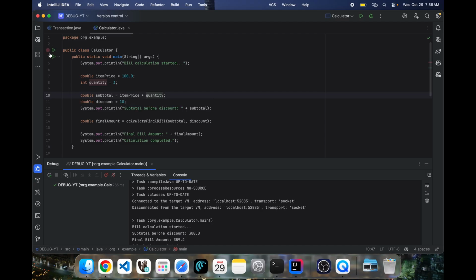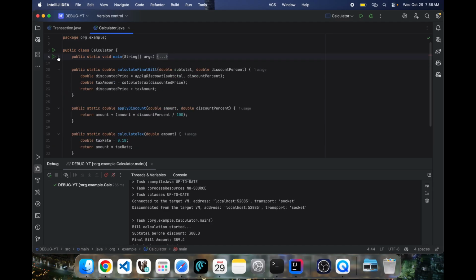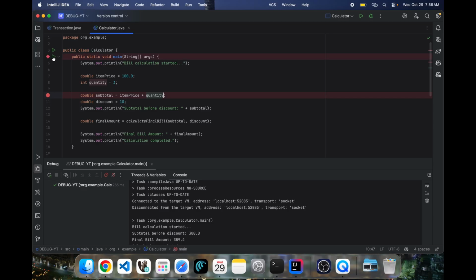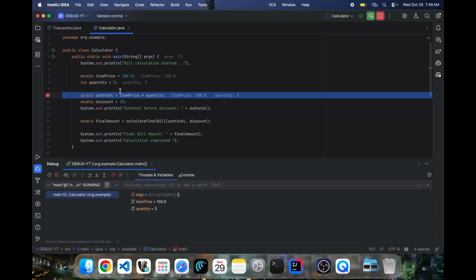On the left side you can see the numbers for each line. Whenever I hover over the numbers, I can see the red dot. You just have to click, and when this red dot appears, that means it is the breakpoint, and your program execution will stop at this point. Suppose I now execute the application in debug mode, then it will stop